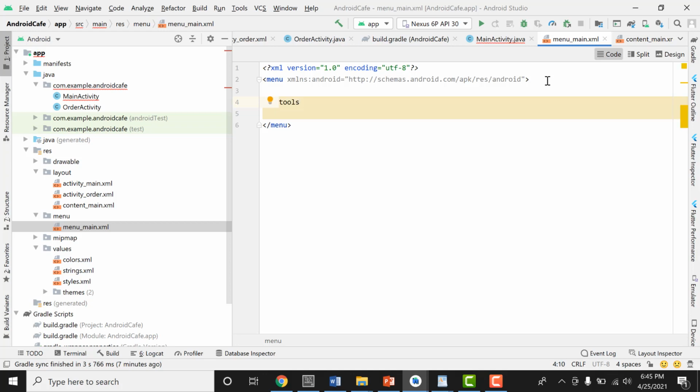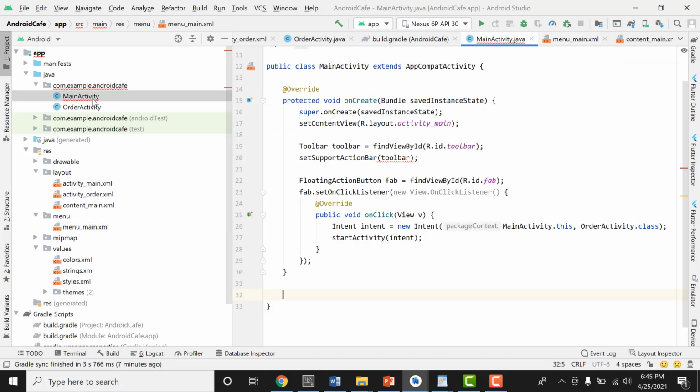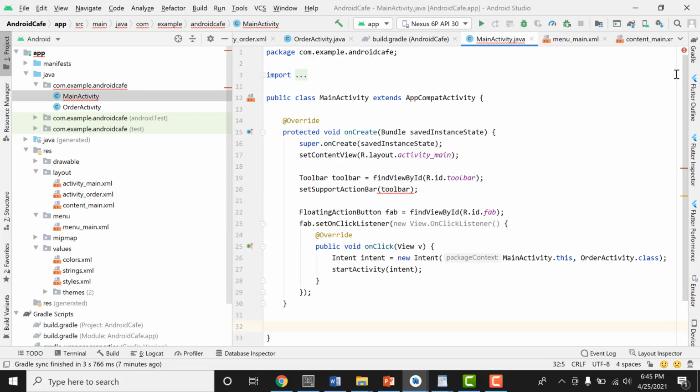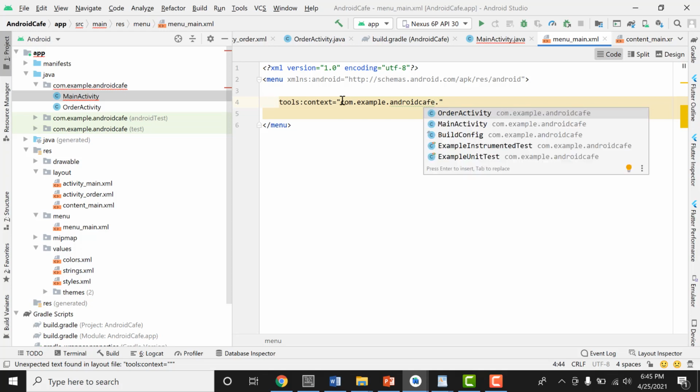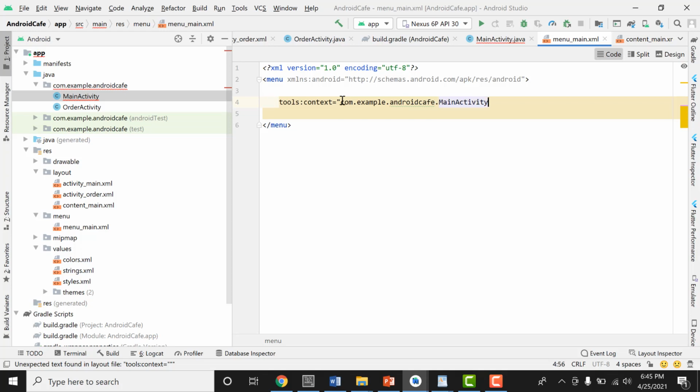So tools context equals our package name. Okay, so let me go to main activity. This is our package name. Copy it, paste it, dot main activity,